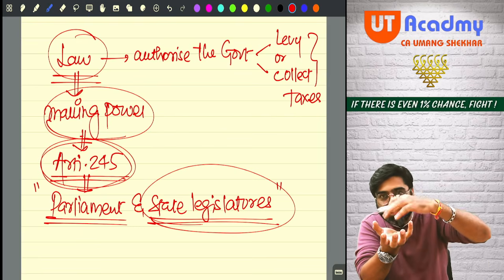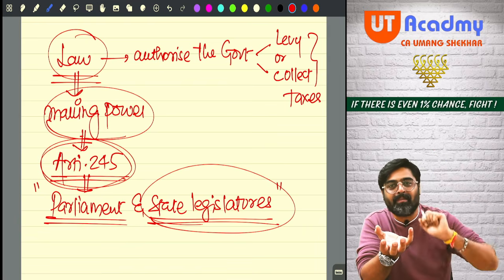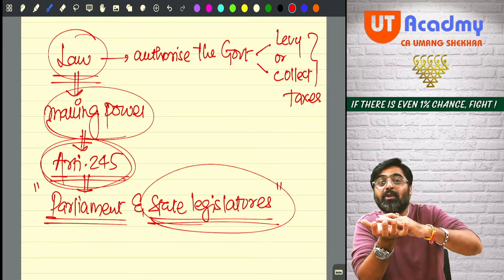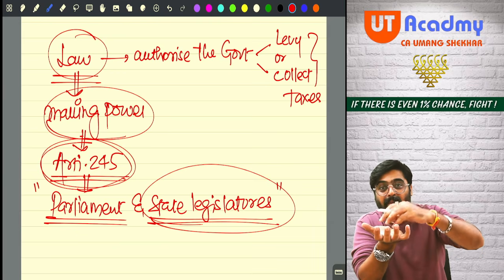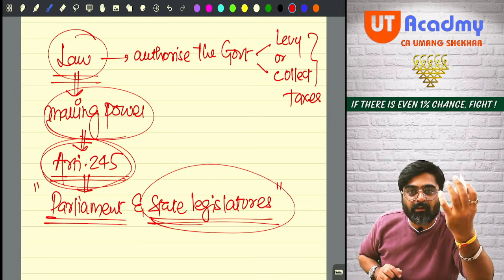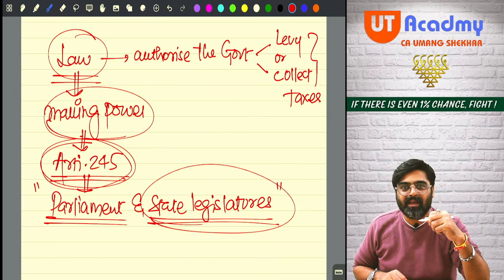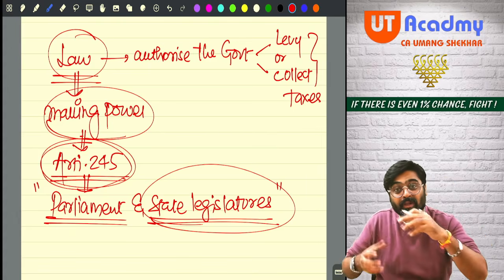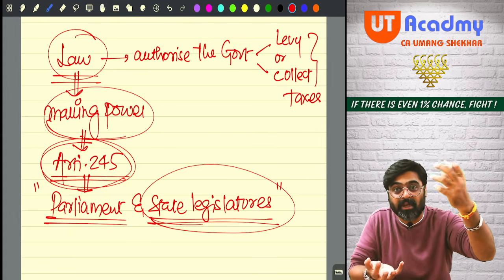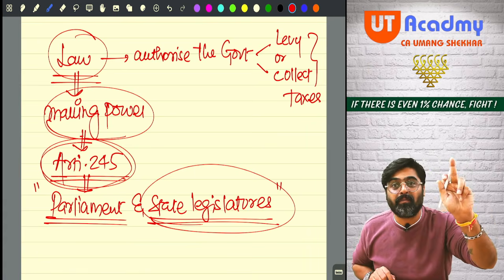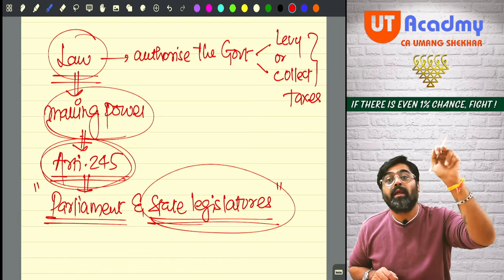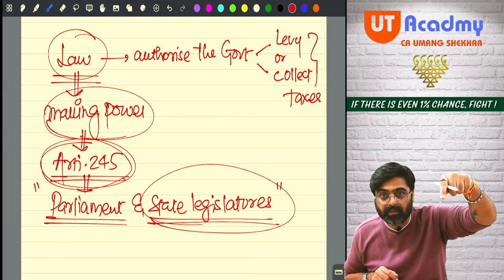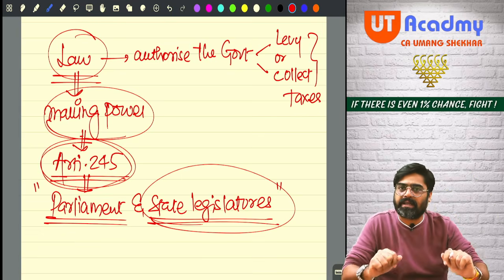Understanding? And out of them, some will be forming the government, the central government. So law making power is given to parliament, but from the MPs, a few will form the government. Which party has a majority to form the government? The MPs of that party which has the majority will form the government. But the government does not make law. Government only makes the law implemented. Implementation part is with the government. Getting my point? Same thing happens at the state level also.